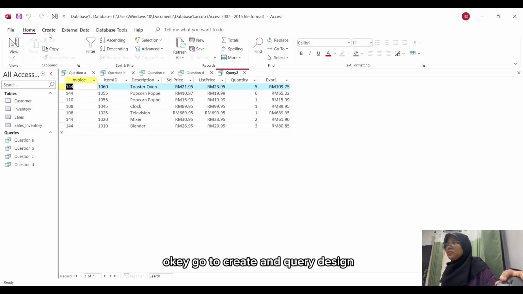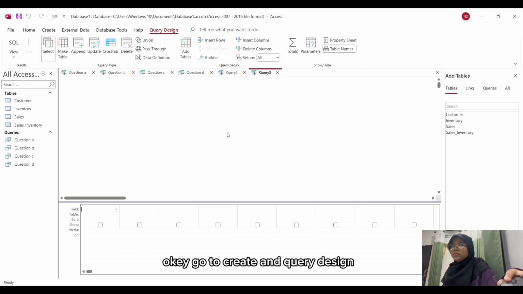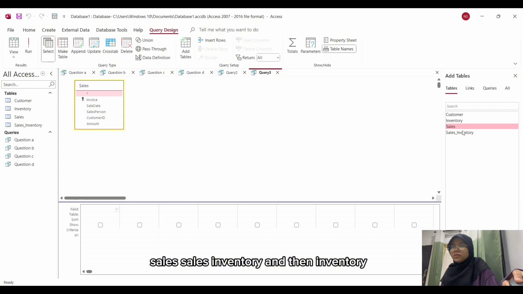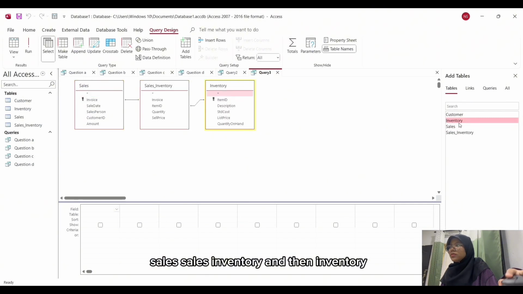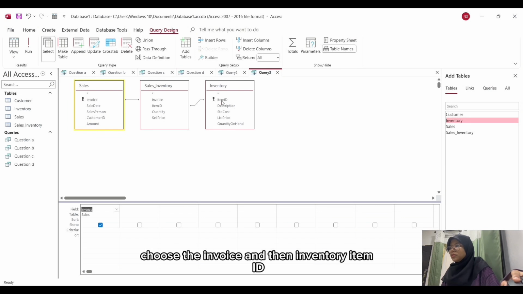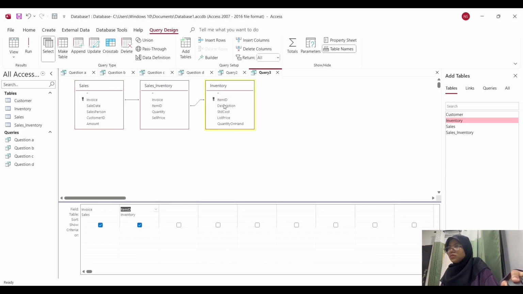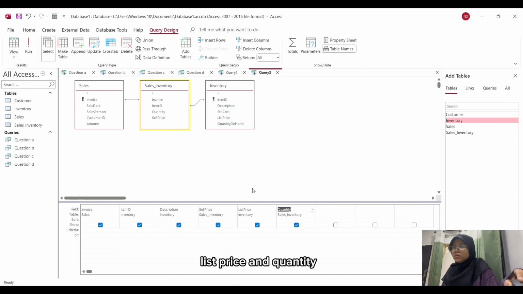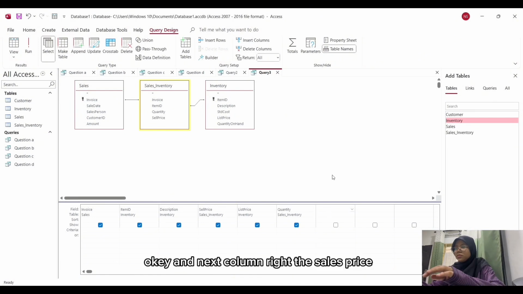Okay, go to Create and Query Design. Okay, choose the Sales, Inventory and then Inventory. Okay, from Sales, choose the Invoice, and then from Inventory, Item ID, Description, Sales Price, List Price and Quantity. Okay, and in the next column write the sales price